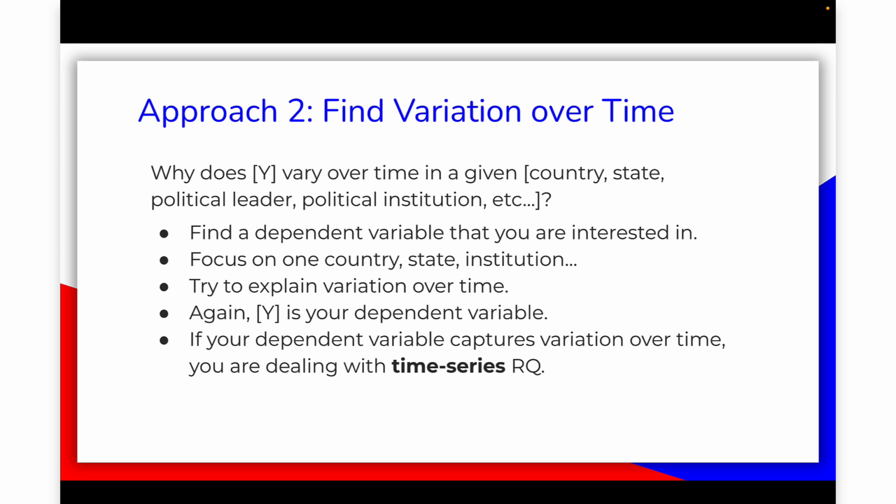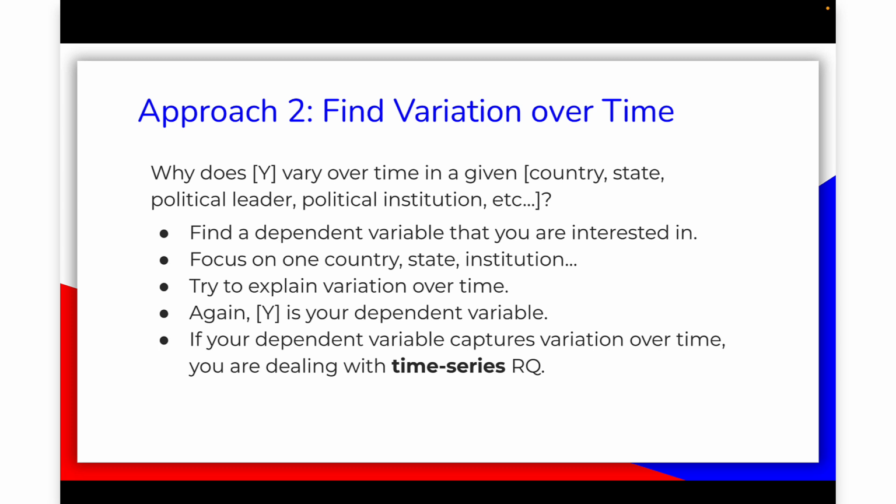So why does your dependent variable y vary over time in a given country, state, political leader, political institution? And there you just need to find a dependent variable that you're interested in, right? You are focusing on one country, state, or institution, and you're looking at it across a time period. It could be 1 month, it could be 1 year, it could be 20 years, it could be 100 years,